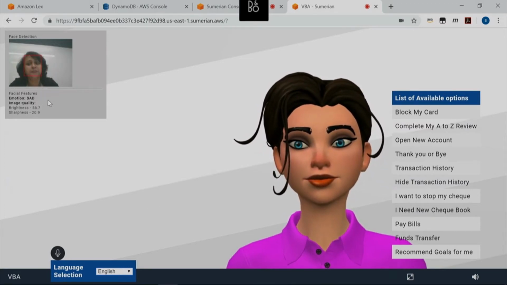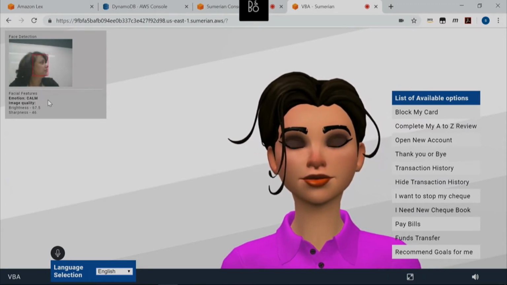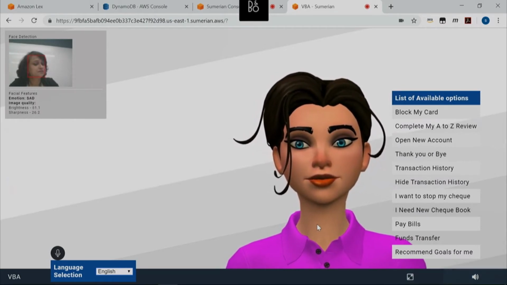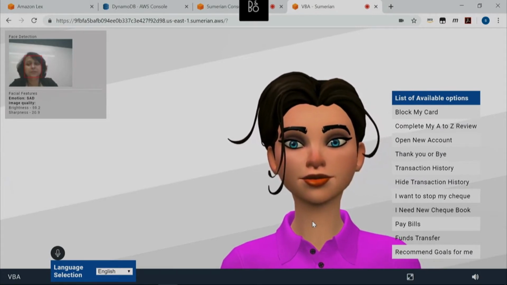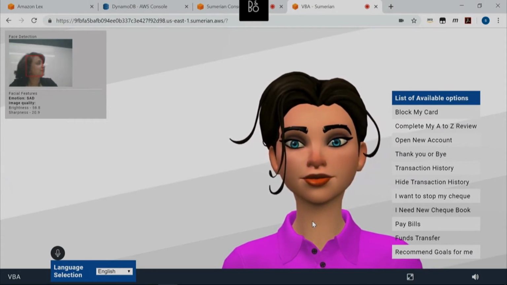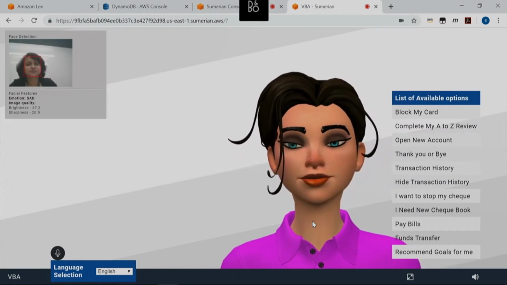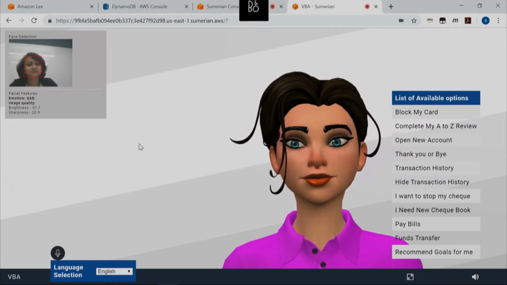Yeah, and I just want to point out what you're saying is that as you move back and forth, the point of interest of the Amazon Sumerian host is tracking. So you move left, her eyes follow. Move right, her eyes also follow. That's really cool. As we were going through the demo, I didn't notice the emotion. That's pretty amazing.